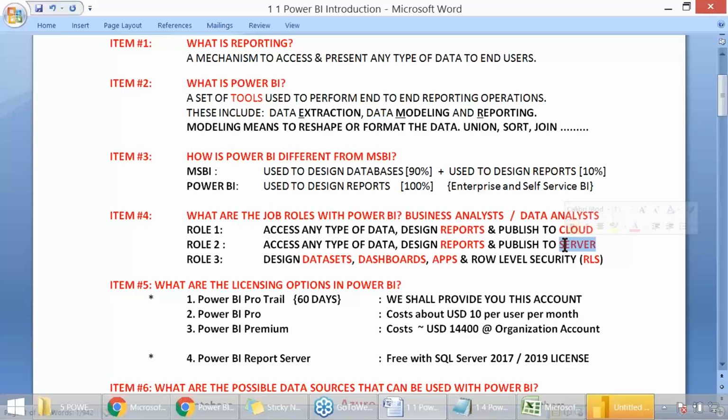One important thing, friends, report design is free. Lifelong free tools. I was telling 6 tools. None of them needs to be bought. There is no licensing option for it at all. Undoubtedly free of cost. For cloud and server, yes, there is a price tag involved. But for our course, no worries. We have got free trials available. 60 days free trials available.